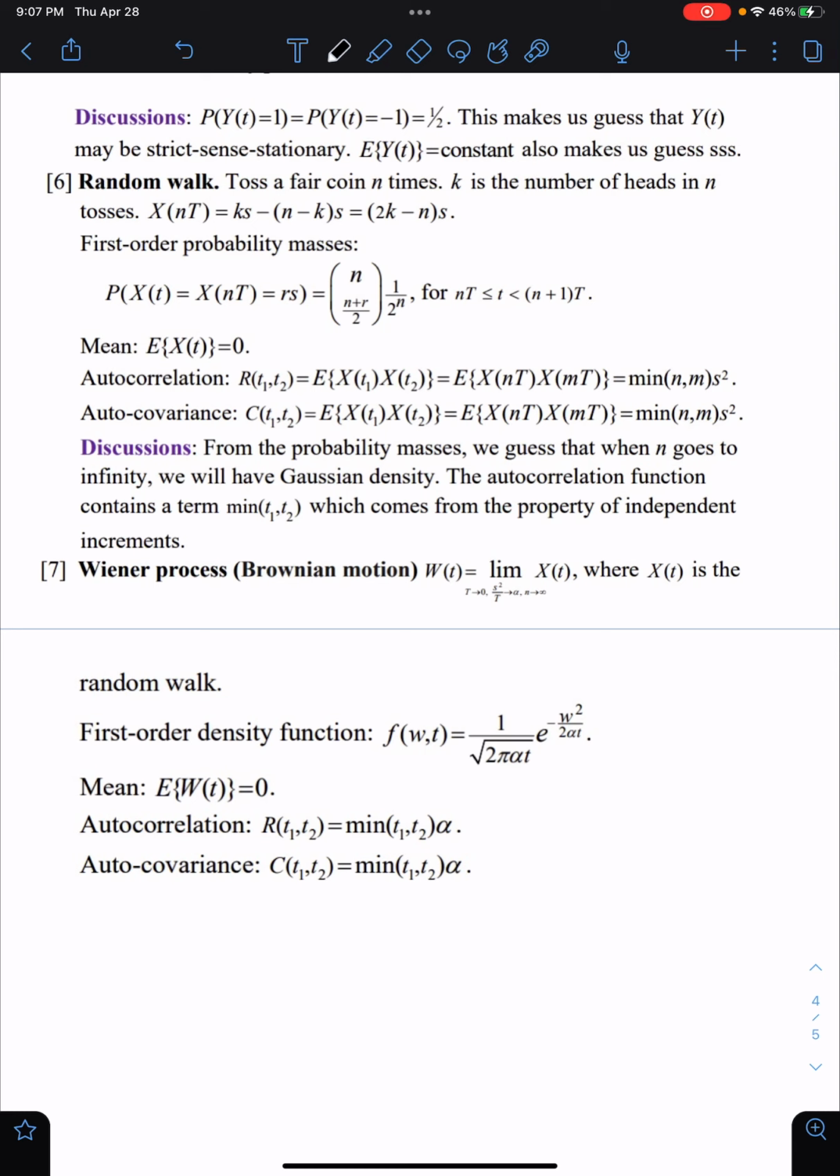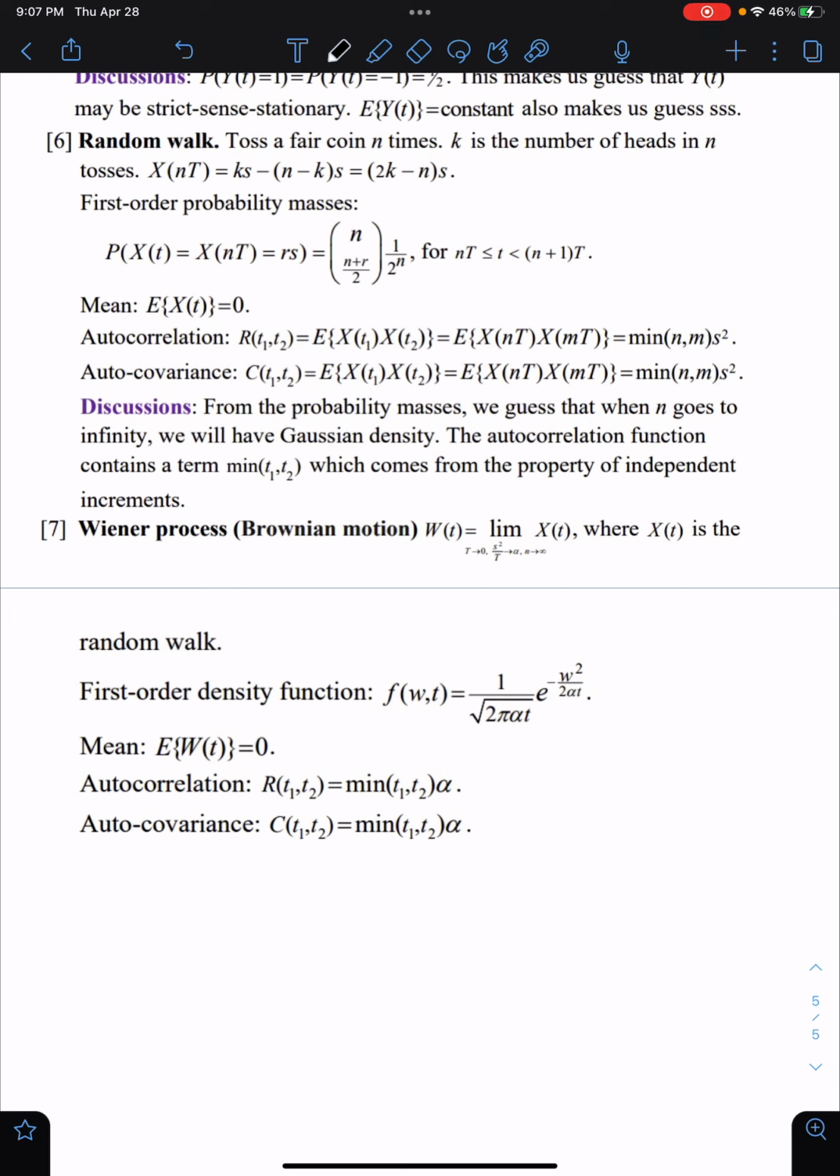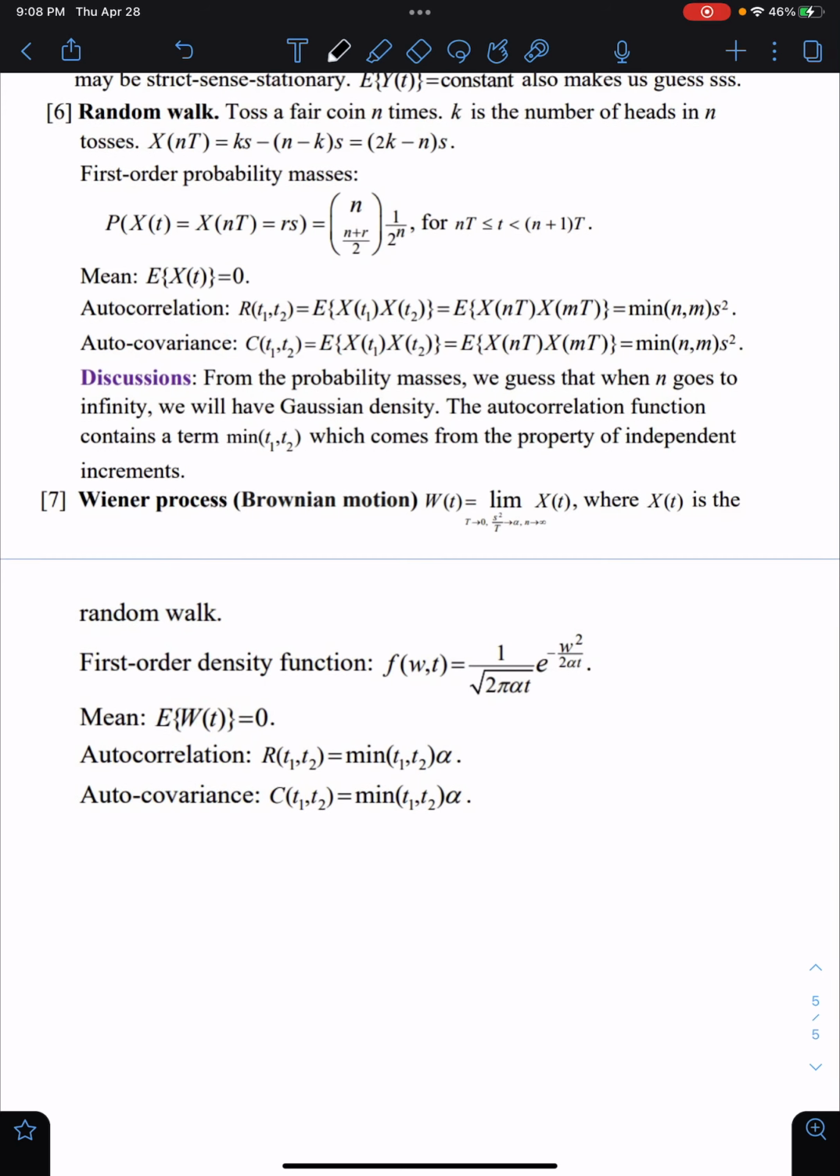And finally, we are going to talk about the Wiener process, which is also called Brownian motion. Big Wt equals the limit of big Xt when T goes to 0 and s goes to 0 and n goes to infinity, and the ratio of s square divided by t should equal alpha, and alpha is a constant, and we call this process